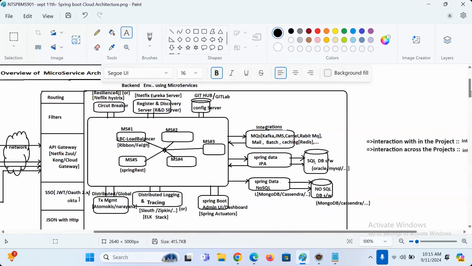Yeah, everyone please try to understand what is the story here. Number 1, all microservices are RESTful services acting as REST controllers. And every service is a separate project. All these things will talk to SQL databases using Spring Data JPA. All these things will talk to NoSQL databases using what? Spring Data NoSQL. Super.